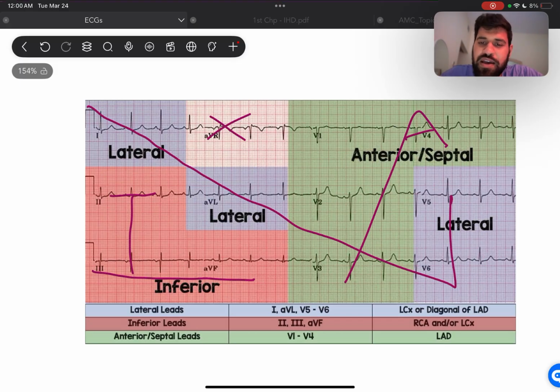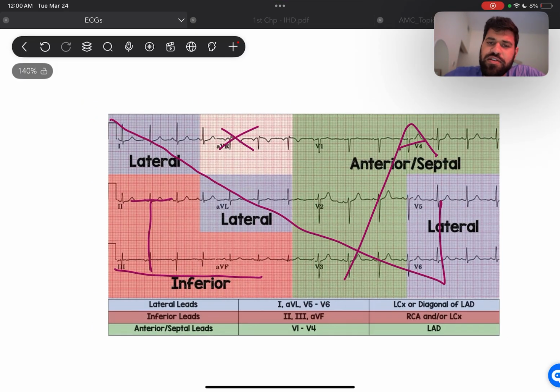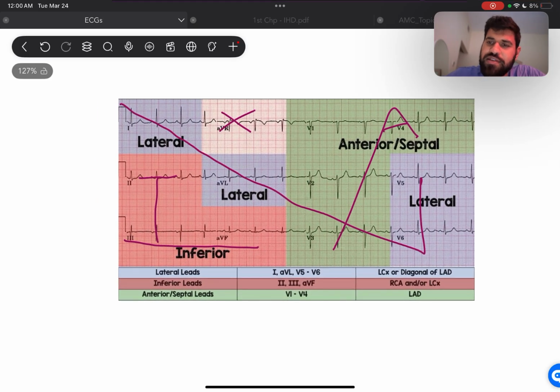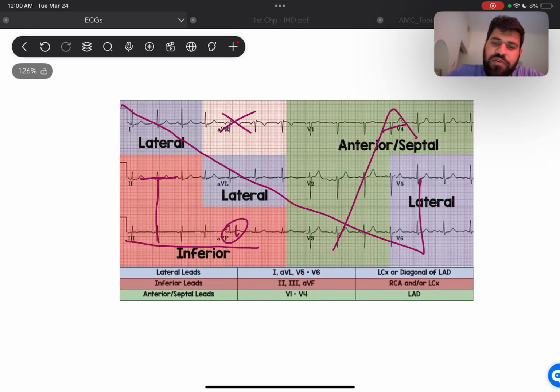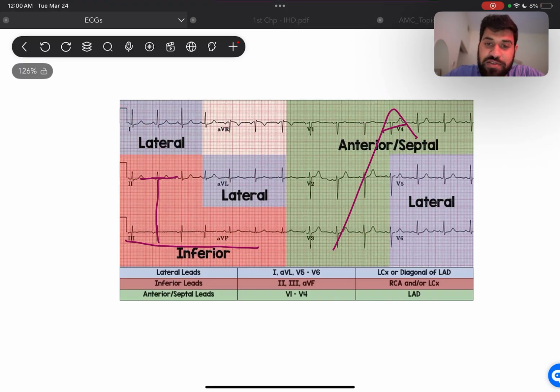For example, let's say anterior septal is V2. Then for lateral, we don't have to see V2. That is not true. However, if you want to see anterior lateral, then yeah, you'll have to see them as well. So first you see the anterior leads, then you look for the lateral leads. And you can also check the other leads. The way I use is, I first draw the inferior lead line, then the anterior, and whatever is left is going to be the lateral lead. We don't consider AVR while we're drawing them. AVR is also very important, but we don't consider it while we're drawing this.